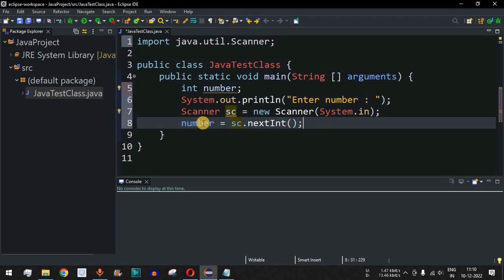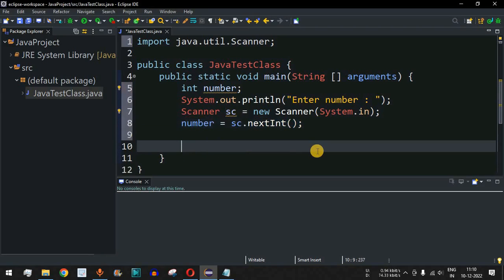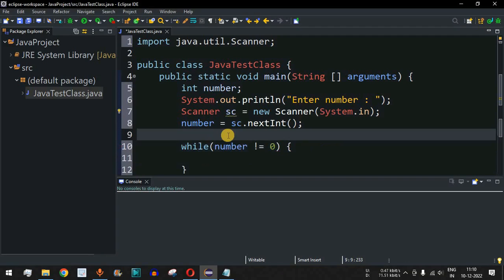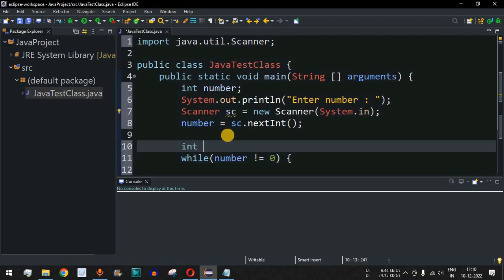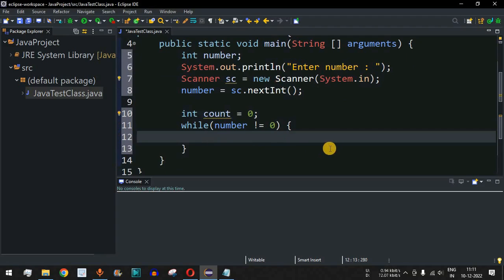Now we need to find the number of digits inside this variable. So we will be using the while loop in this case. So while number is not equal to 0. Guys, we have to check until the number is not equal to 0. If the number becomes equal to 0, then the control flow will come out of this while loop. And before this while loop, we will have another variable, count, which will hold the number of digits in this number. Initially we will keep the count as 0,